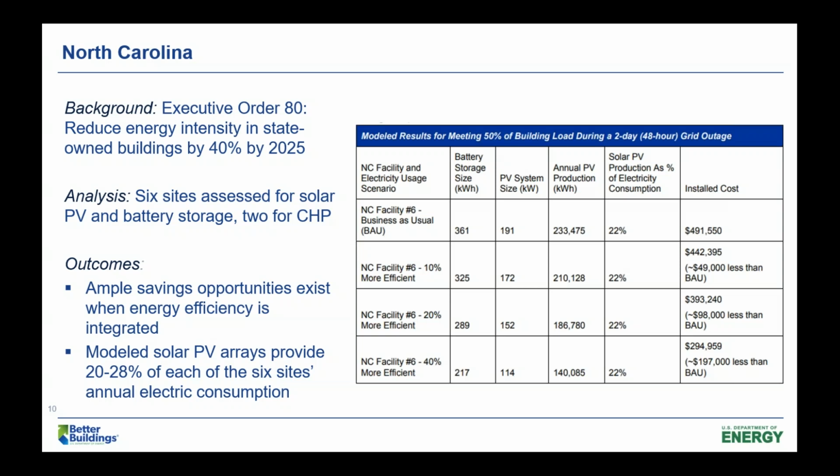At one of their sites in particular, they were curious about the impact of potential deep energy efficiency savings, which led to the scenarios in this table, alongside the resilience metrics that they were trying to meet. The leftmost column here shows the different demand scenarios for the site, from historic annual electric usage down to a 40% reduction in electric use, and that's a level of savings that we've seen in other comparable sites that we